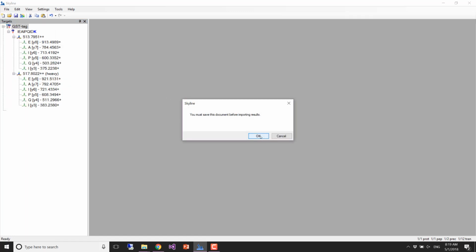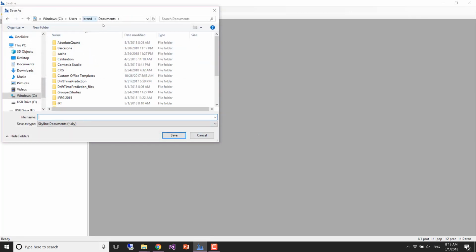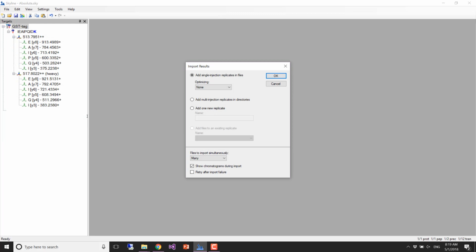It says we need to save the document, so click OK to that. And you can go to your documents, absolute quant folder, where you should have no Sky files, and just call this absolute. And then once you have saved it to absolute or whatever other name you like,